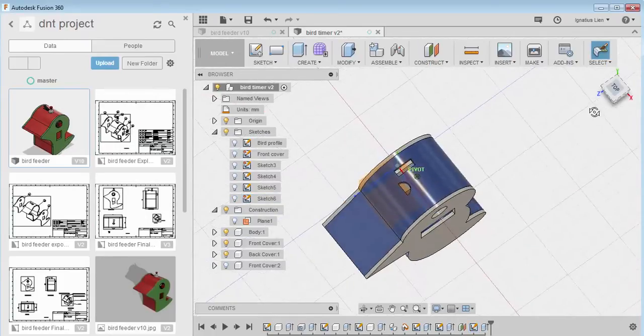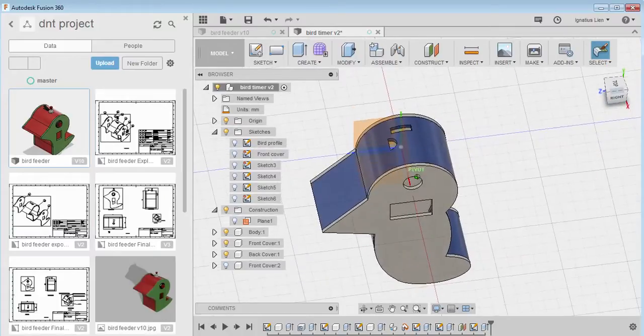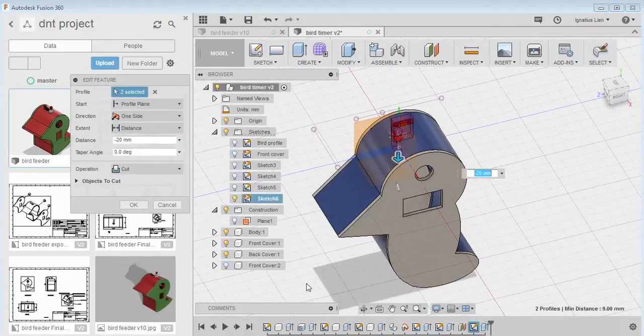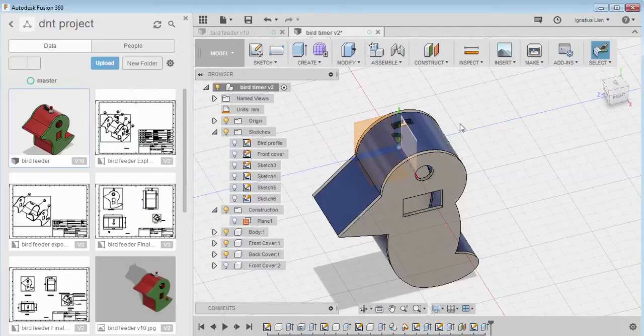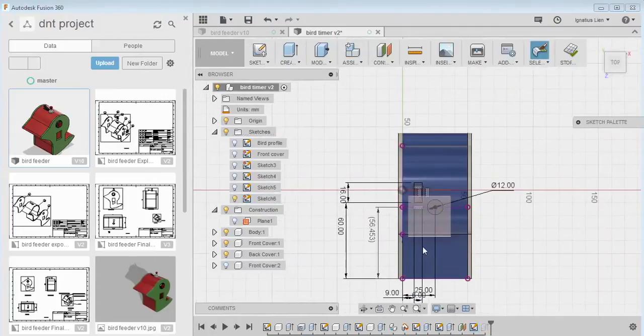Notice that it is slightly a bit more. Okay, let's try 30 then, or 50. Sometimes it could be the position here, so you can go back to the sketch and adjust it.